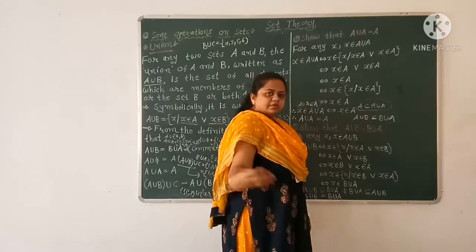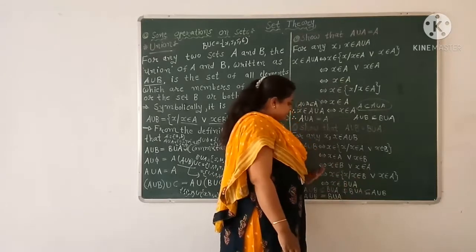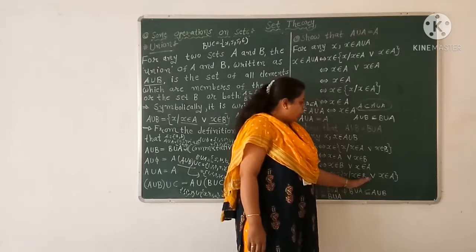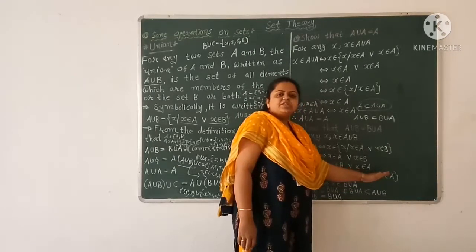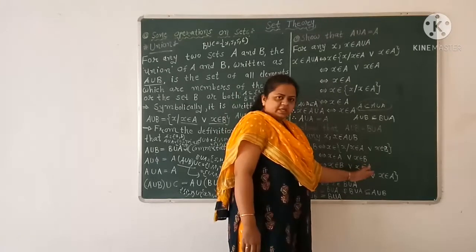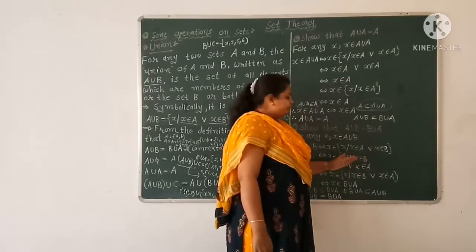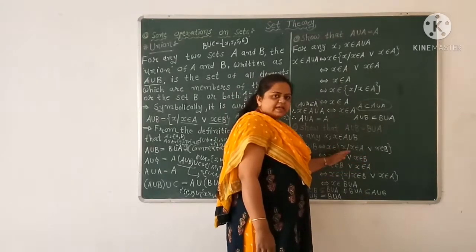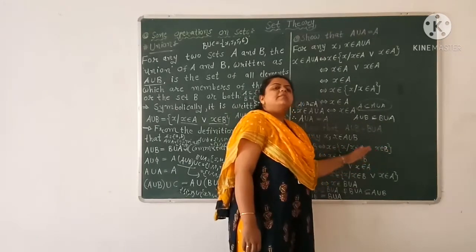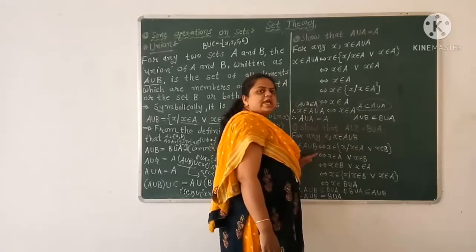Now, vice versa, that is x belongs to B union A implies x belongs to the set of x where x belongs to B or x belongs to A by the definition of union. So, x belongs to B or x belongs to A. We say that x belongs to A or x belongs to B. So, x belongs to the set of x where x belongs to A or x belongs to B. By the definition of union, it implies that x belongs to A union B.